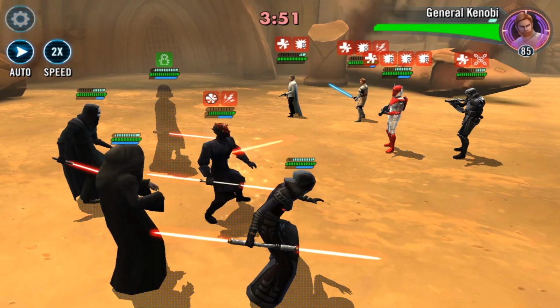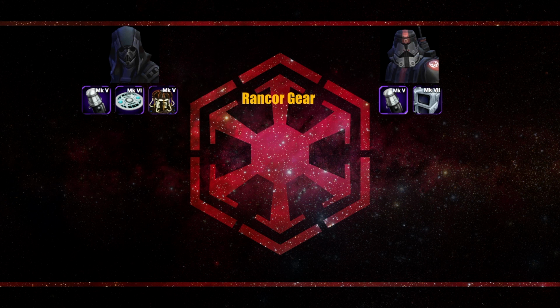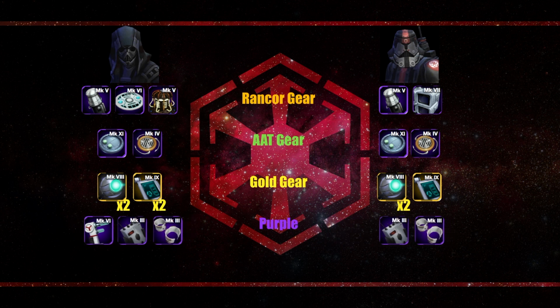Before diving into my subjective part of the review, let's pull up my little graphic showing the gear requirements for these characters. And long story short, they are much more difficult to gear up compared to other characters in this game. A lot of gold gear needed, and purple gear, they are way above the average. The average right now being 1,140 purple pieces. Sith Assassin is number 26, needing 1,320 pieces, and Sith Trooper is number 20 in the game, needing 1,380 pieces,